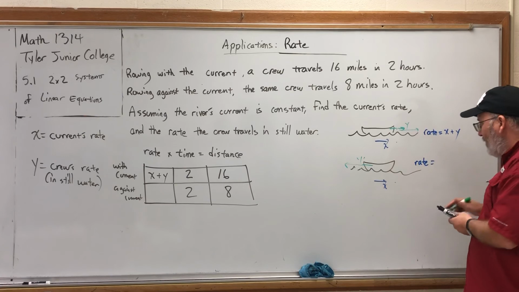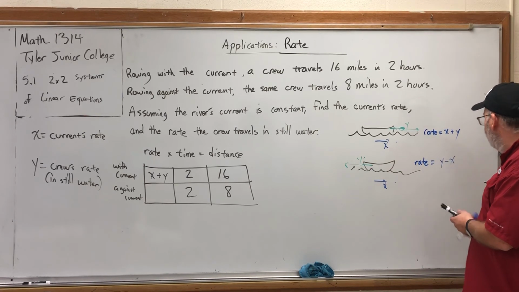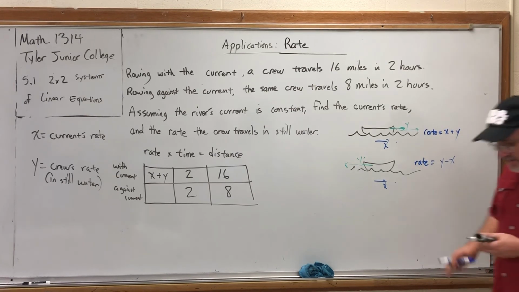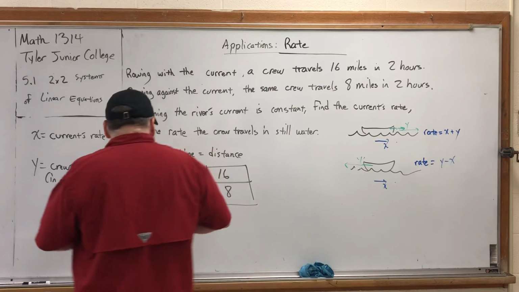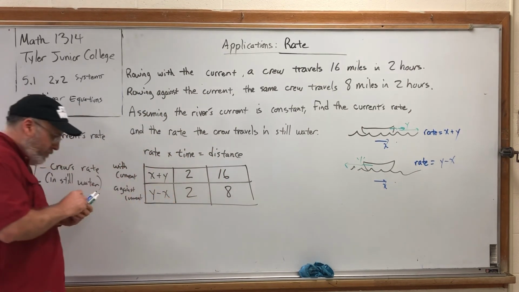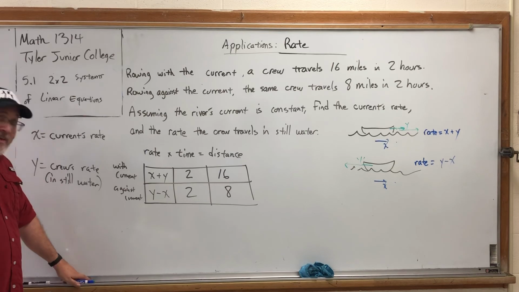For a positive rate, we have to do our speed minus the river speed. So we'll say y minus x. The addition problem doesn't matter. Addition is commutative. The subtraction problem, it matters. So our speed minus the speed of the river, the speed of the current, which is taking away from our overall speed. So if we can get past that part,